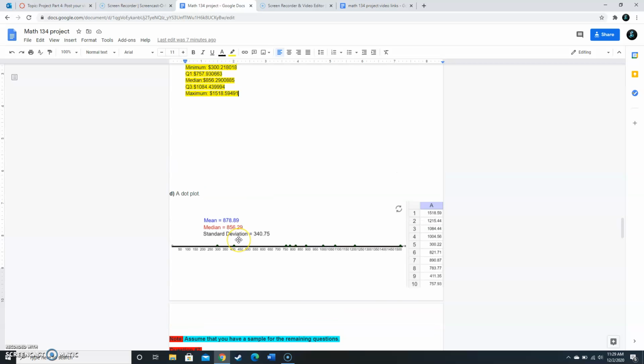Last was the dot plot, and here is my dot plot. Here are all my values, and